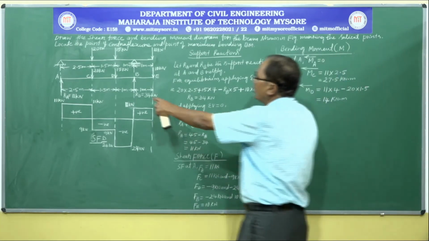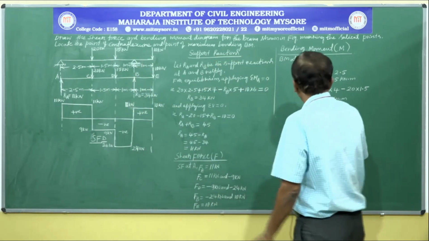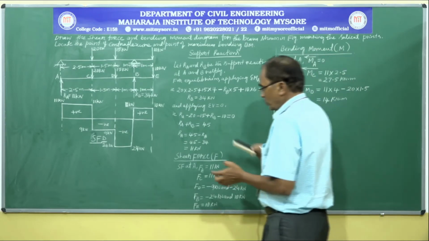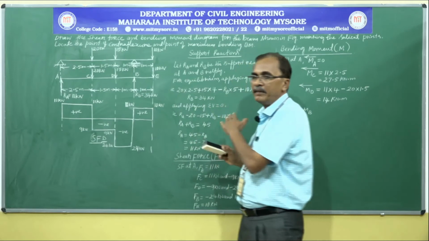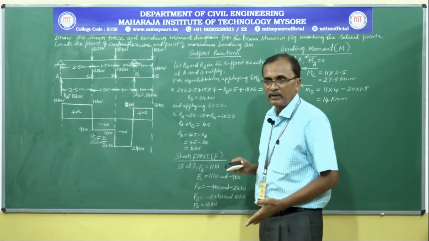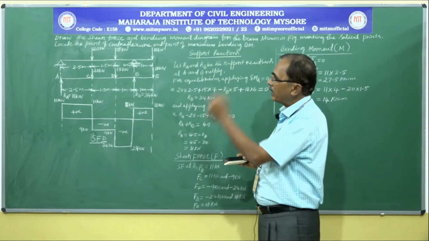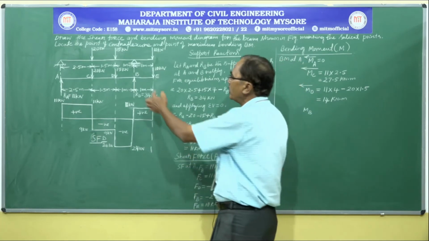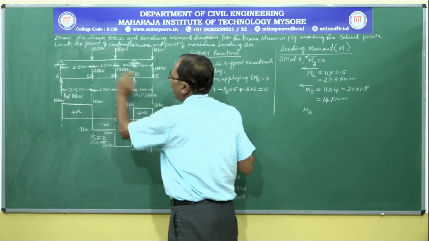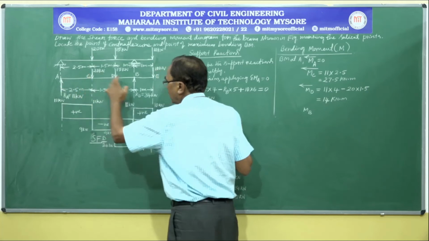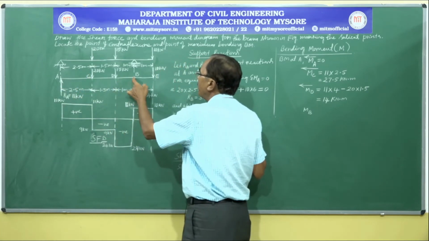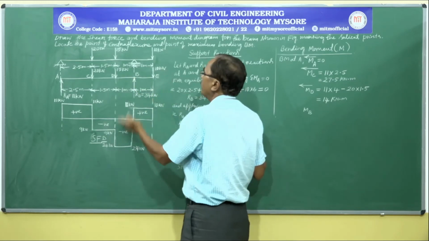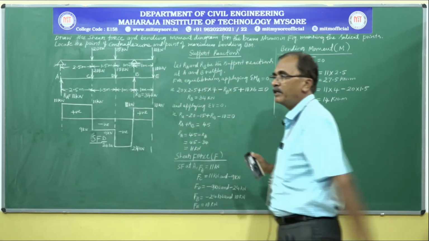Now, coming to point B, bending moment at point B. So, considering forces to the left side or right side depends upon the number of forces available. For making the calculation easier, we consider the side which has fewer forces. Here at point B, if we consider forces to the left hand side, there are 3 forces. At the same time, if you consider forces to the right hand side of B, there is only one force. Hence, it is most convenient to consider forces to the right hand side of B.